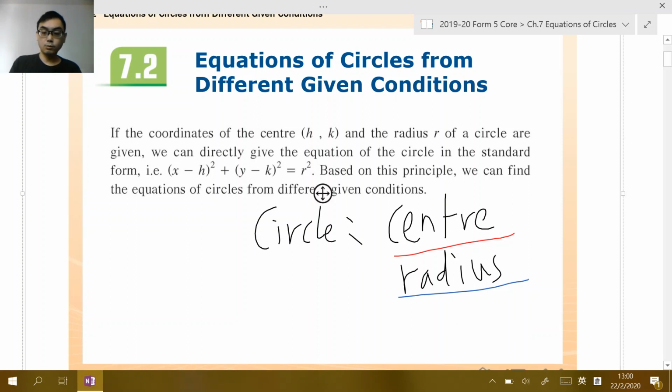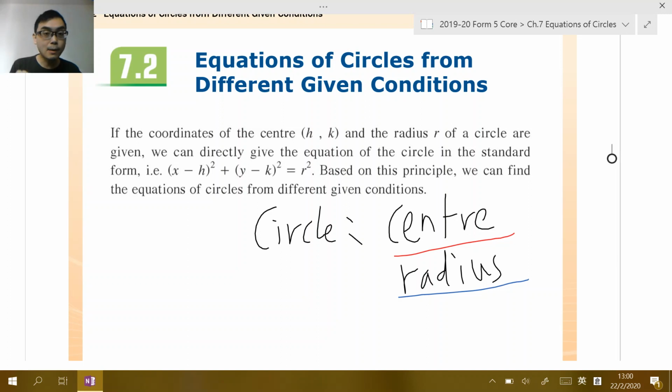Hello Form 5 students. Today I would like to shift to the next session of Chapter 7, Equation of Circles. So we go to Chapter 7.2. Chapter 7.2 is actually teaching you how to find the equation of circles if I give you some